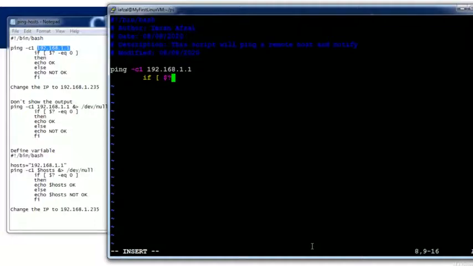If you don't know the differences between exit status, you could look it up. But there are mostly two exit status that I usually rely on: exit status 1 and 0. So dollar question mark, if the return of my command above, which is ping minus C1, the IP address, is equal to 0. You see, if the return value is equal to 0, which means it did run, it was successful, then,